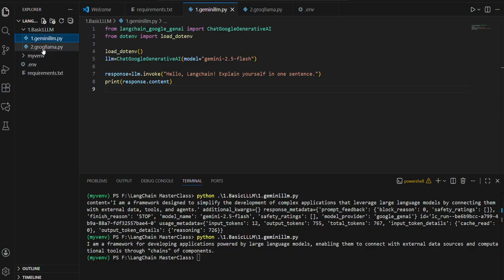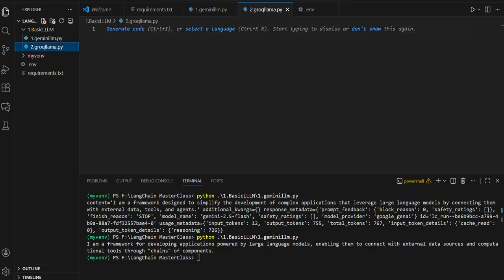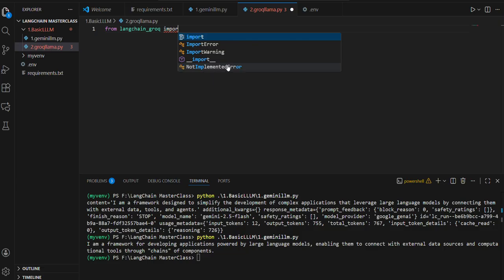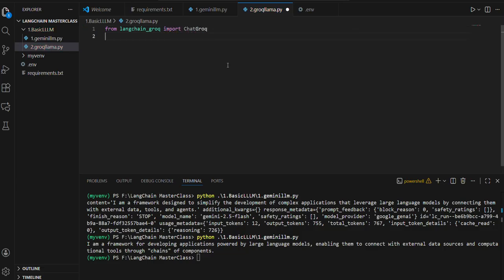We're going to do the same with our Groq model too. So using the Groq model, I can again do the same. From langchain_groq, I can import ChatGroq. Then from dotenv, I can import load_dotenv. I can load my Groq API key here, and then basically define a model here. model equals to